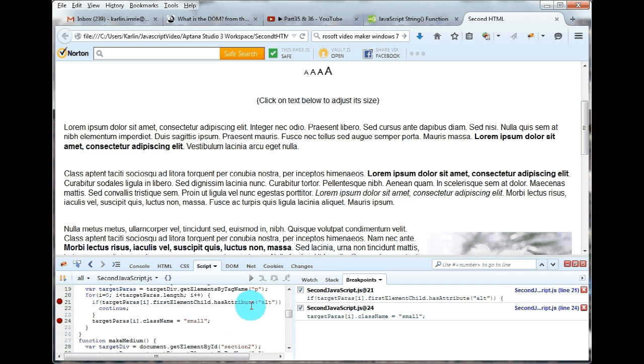And if the paragraph does not have an attribute of alt, we're going to drop down and execute the line of code that says target paragraph i dot class name equals small, which is going to set a class of small on that line of code, which will change the size of the text to small. So we need to go back up here and click on the small a so that that is the code that will be executed. We've jumped down here into the Firebug code